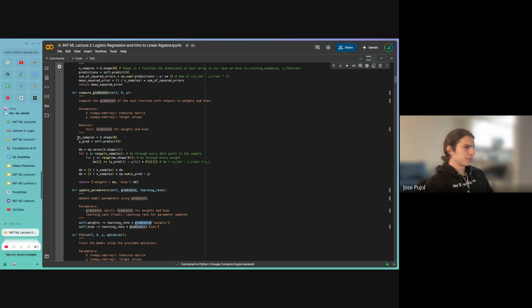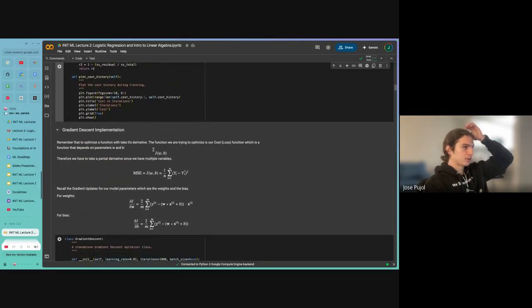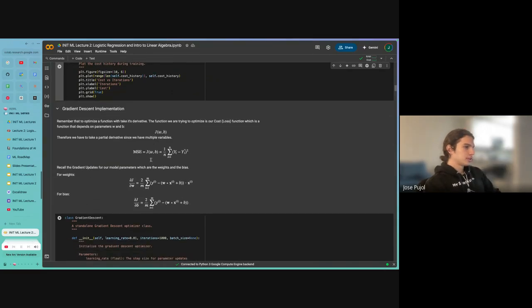Again, you're going to see very similar trends here. So we have our number of training examples, and then we're going to have our predictions. And recall that for us to update the weights, we had this mean squared error loss function, right?